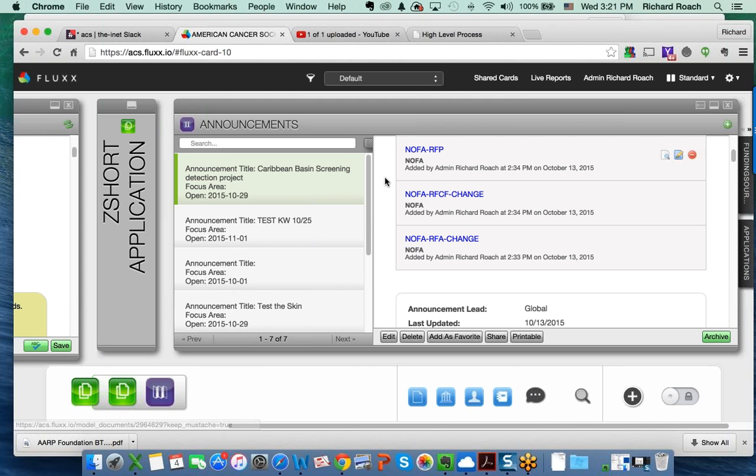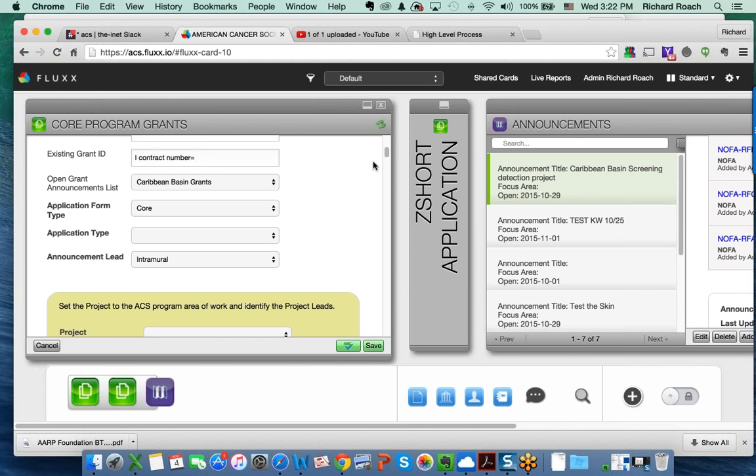Whichever announcement they select, couldn't that be automatically populated? No, it's not going to. There's another way to do that, right? And that is just to basically say we don't need the announcement lead, but that means that these grant announcements